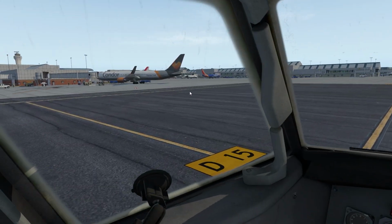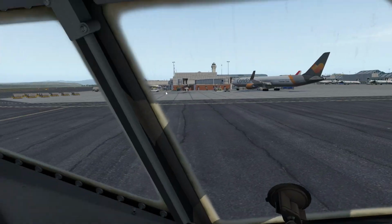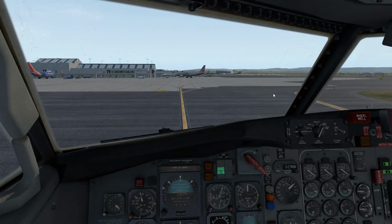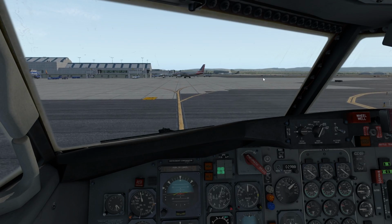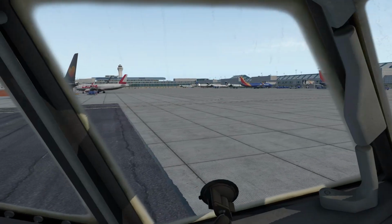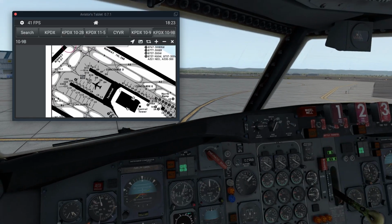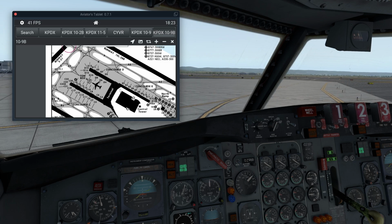Coming around here again. Probably fewer improbable liveries showing up in Portland, probably because I have custom scenery installed for it, which I didn't for Vancouver, so the placement of these static aircraft might make a little bit more sense. Anyway,